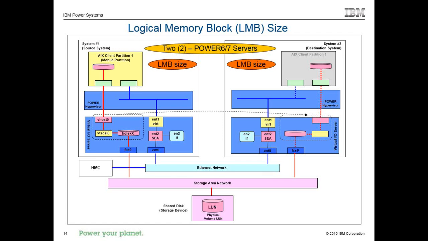So, we used to jiggle these LMB sizes a lot more many years ago. We don't do it as much now, but that is one thing. If you're going to go from a 795 to a 510, you might want to check your LMB size. When you try to do the validate, we'll give you an error immediately. You say, hey, you got the wrong LMB size.